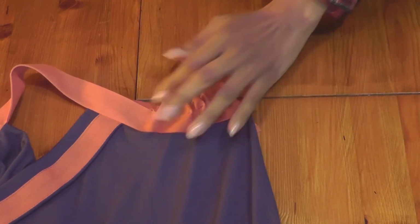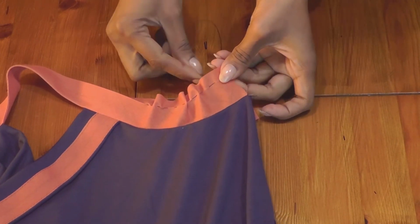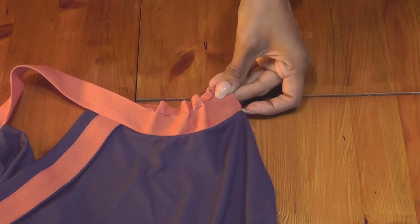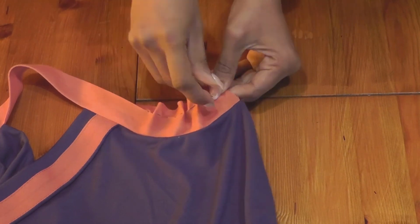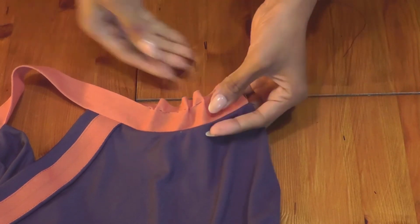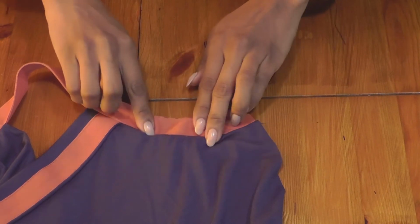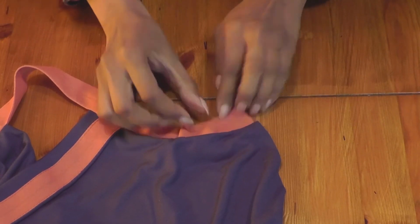Okay, so curve it like so, and once you're happy with it, what you're going to do is lock the thread. That's why you need to use a matching thread, otherwise you will see it. But if I use a matching thread, your camera won't pick it up, so I'm using a black thread to show you. Okay, so just a couple of stitches and that would be locked. Now what you're going to do, spread it around like so, and then when you fold it and then iron it, we need to just make this like little gathers